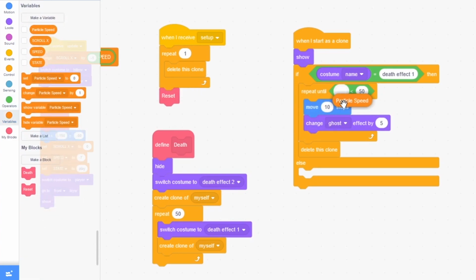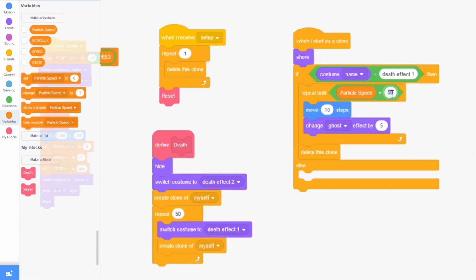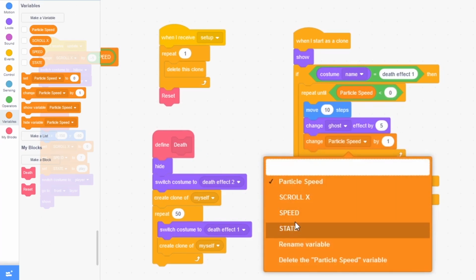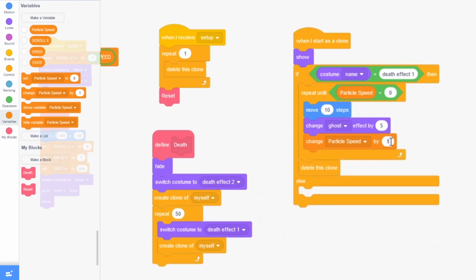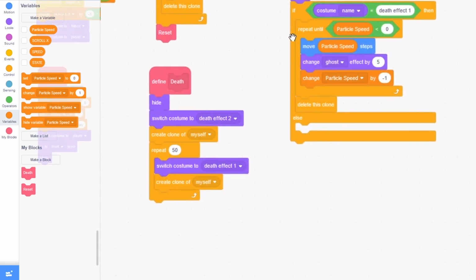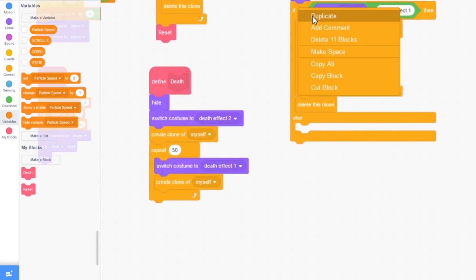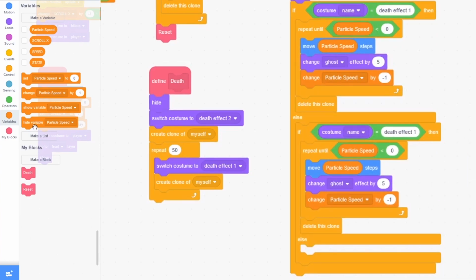and we want to repeat until particle speed is less than 0, change particle speed, there it is, by -1, and then right here where it says move 10 steps, drag out move particle speed steps. Now I'm just going to go down, right click on this and press duplicate, and I'm going